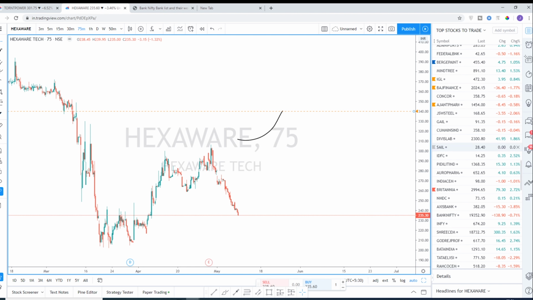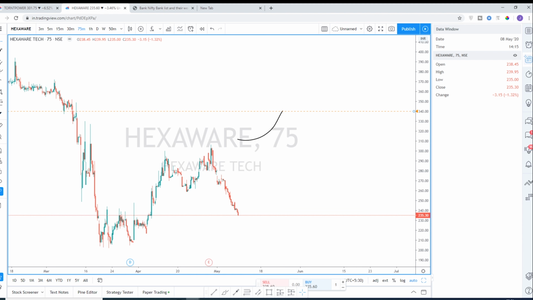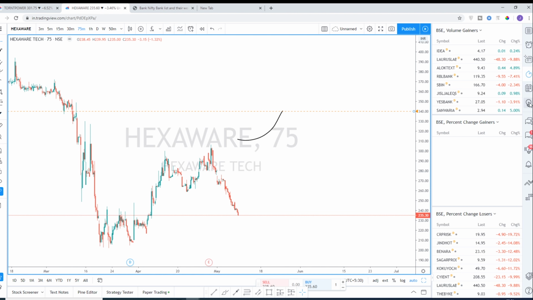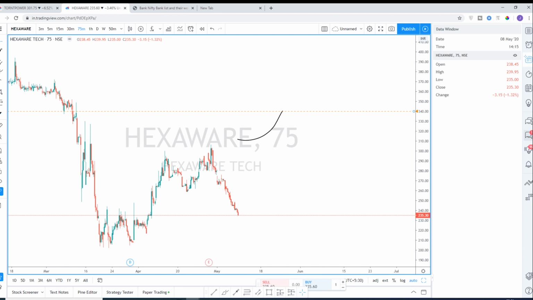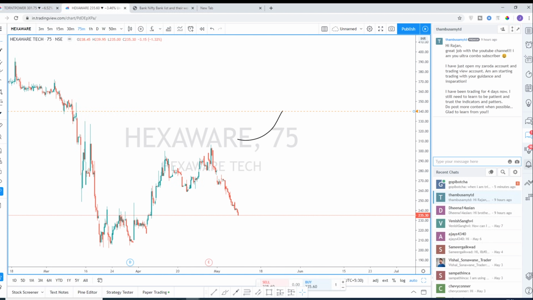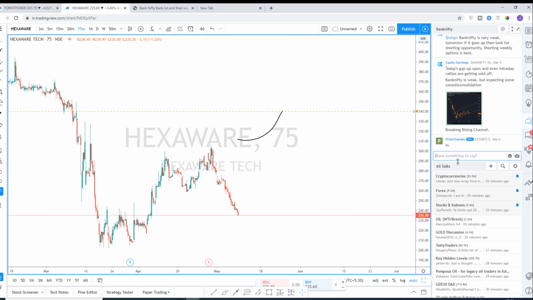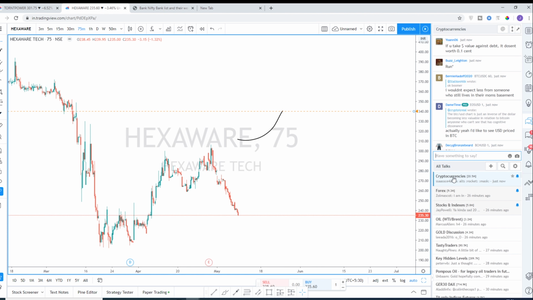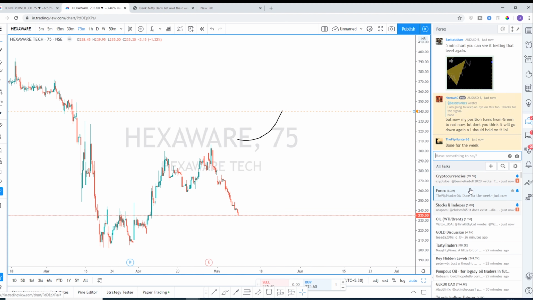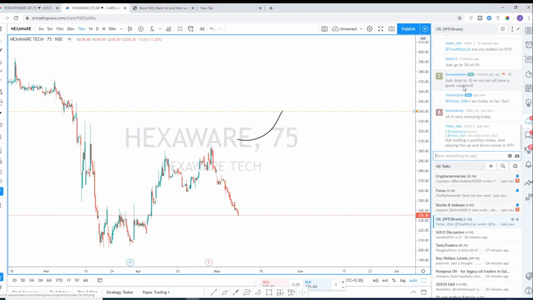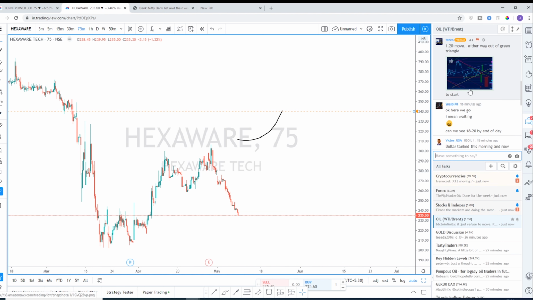That's it. So the other features, I don't use these much. These, nothing much. I don't use these. So probably I will be using, where is that? This one. It's very useful. This is like a global chat platform. So if you are interested in cryptocurrencies, you can go and have a look at these group chats. If you are interested in forex, or if you are interested in oil, you can just go inside and see what they are talking about.